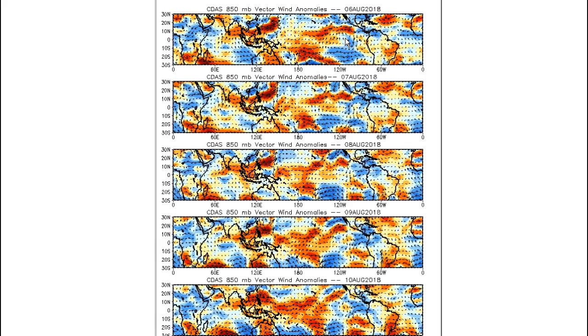If you get a couple of Kelvin waves like that in a row, then that is what helps fuel El Nino. All right, so we're going back to August 6th. We're just doing a quick inspection of this little area on each one of these. Look at this, and the oranges and the winds out of the west mean westerly anomalies. So maybe the start of the active phase of the